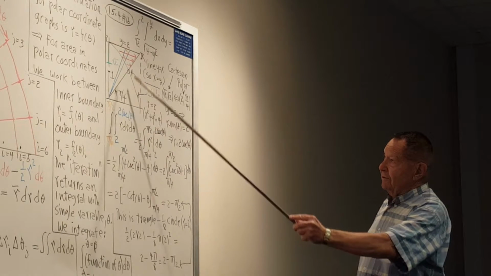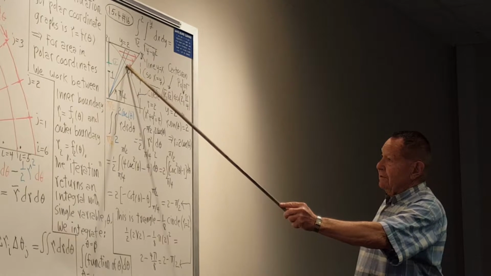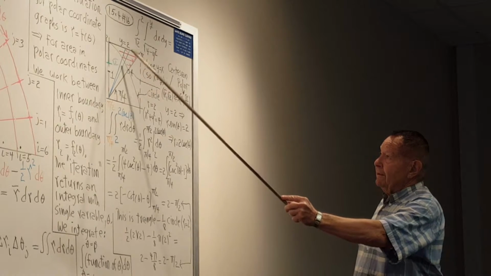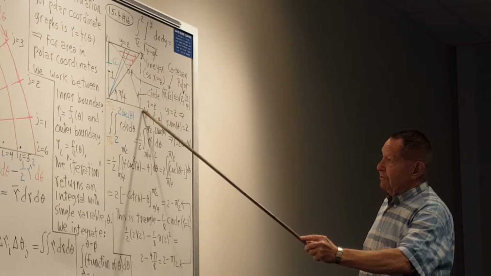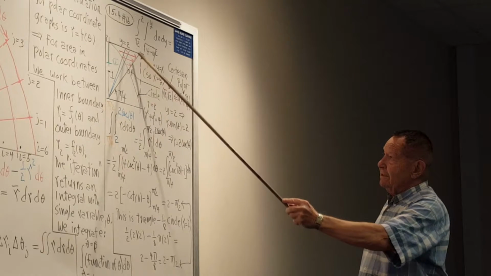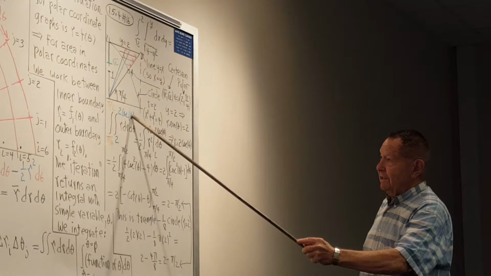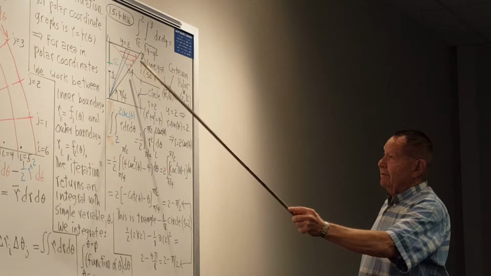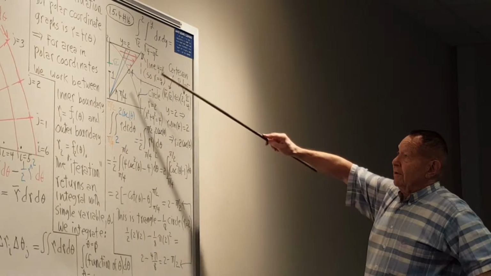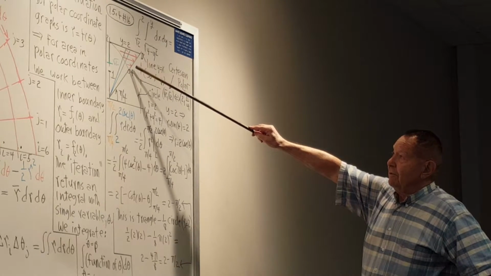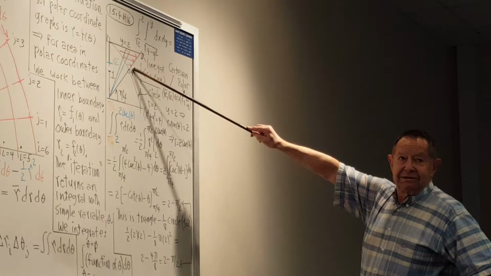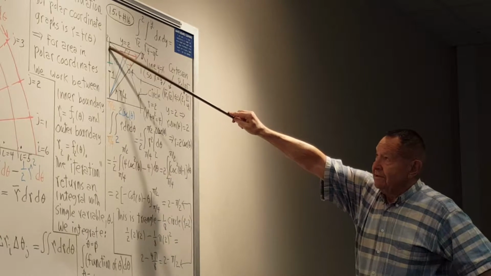So r then goes from 2, which is your radius of the circle, to 2 cosecant. And then your angles run from 45 degrees, y equals x, to 90 degrees,